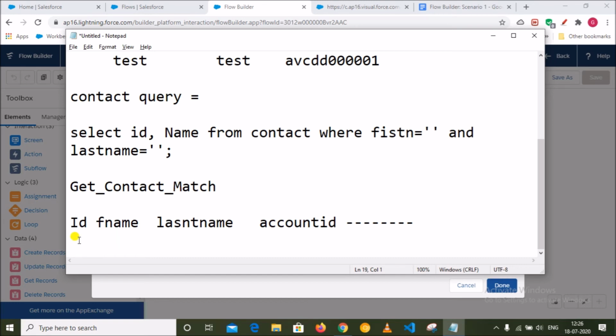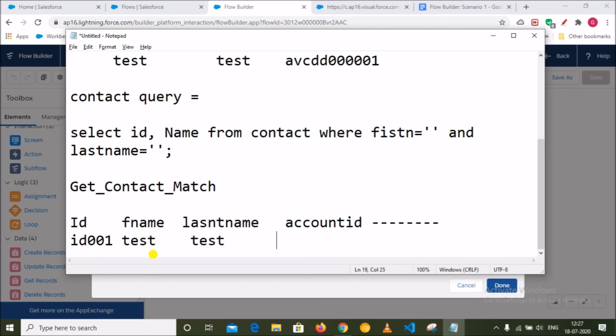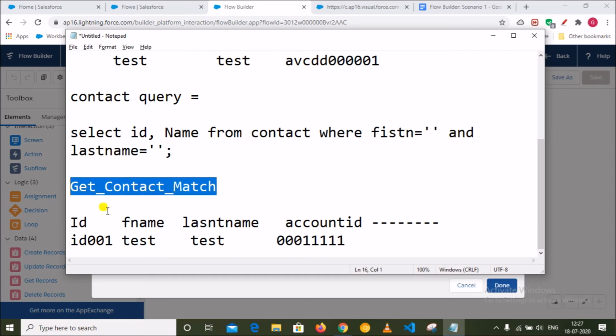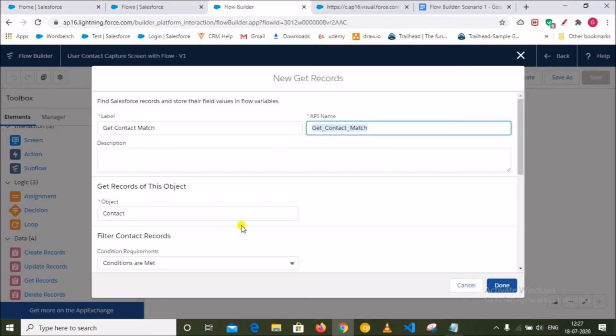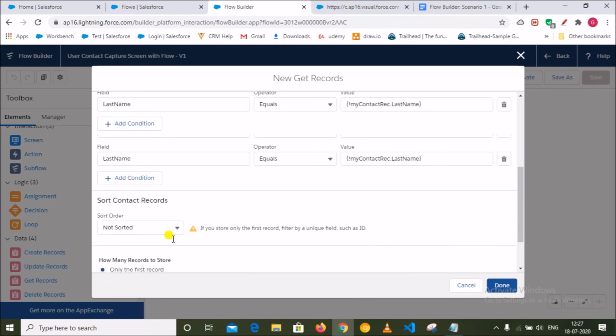So Salesforce will store the ID. If the name is test, it will be test, and account ID will be something like that. So Salesforce will automatically create a record, and in that record all the fields will be available with values. So don't worry about that if you select the first option.